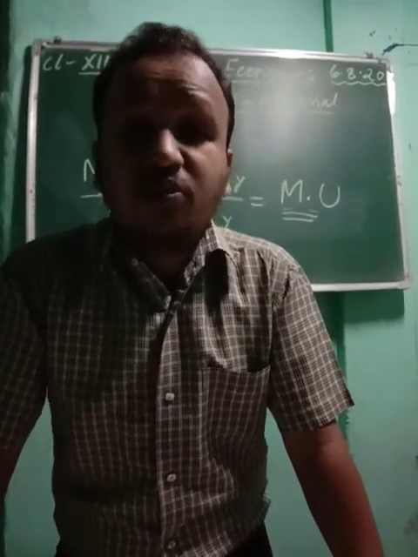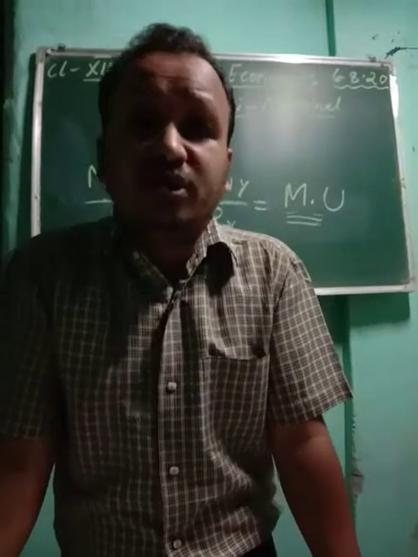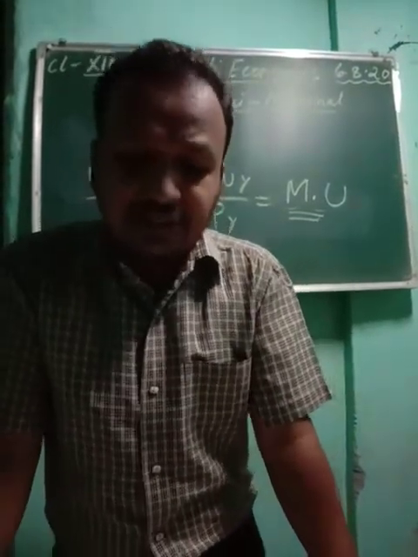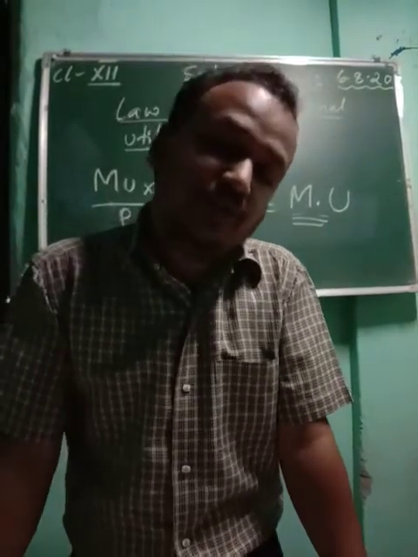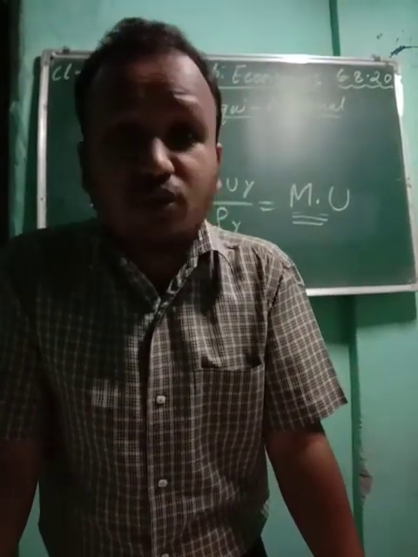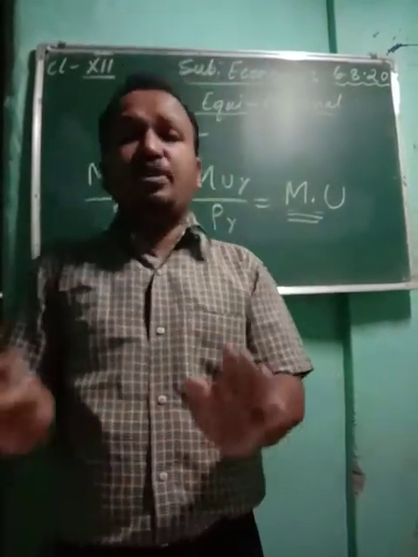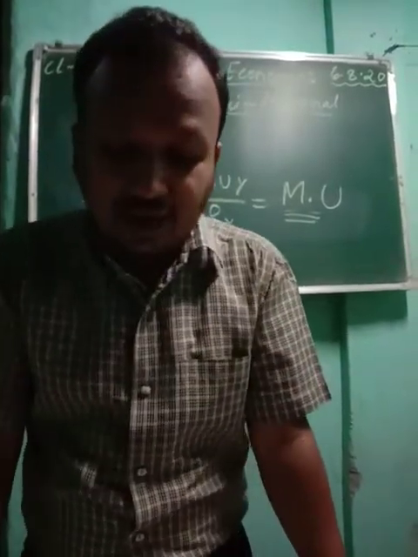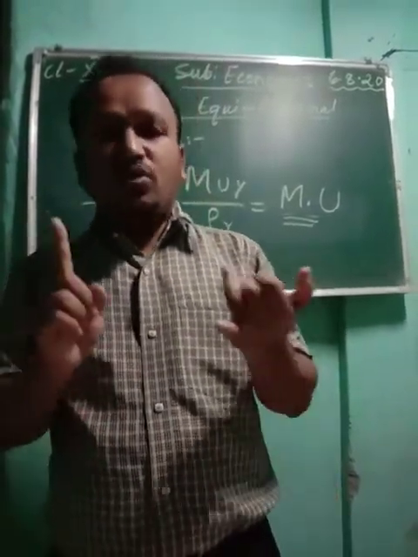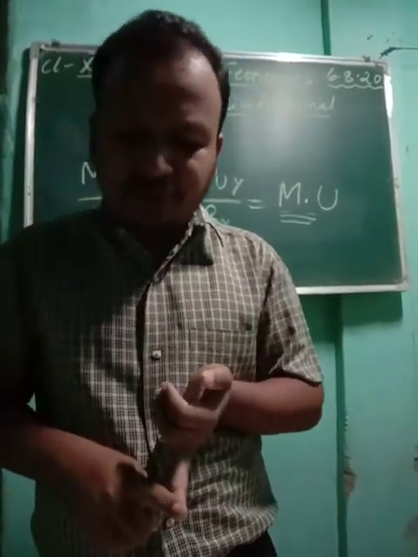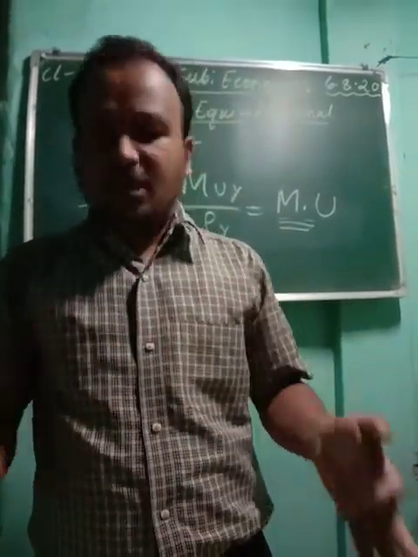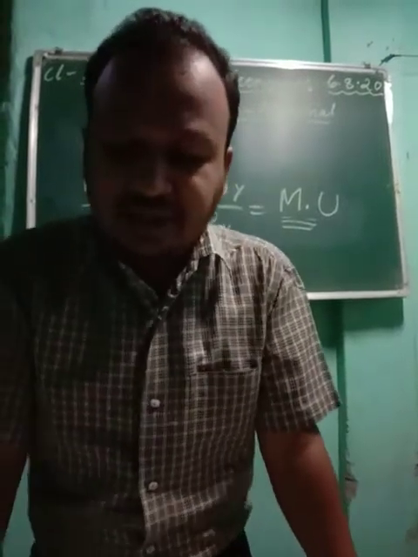That means the consumer wants satisfaction from both the commodities. Next, number 6, the consumer's utility of money will remain constant. So here the utility of money also will remain fixed; it will not change, it will remain as it is. And next is number 7, there will be no change in income, there will be no change in taste and preference, and there will be no change in the customs, habits and custom of the people.